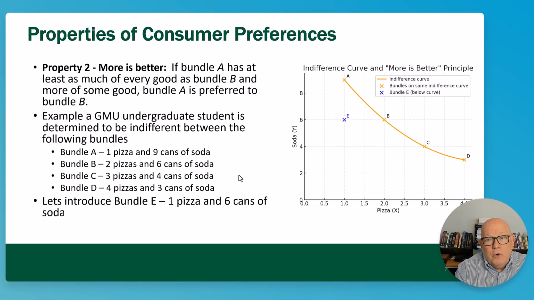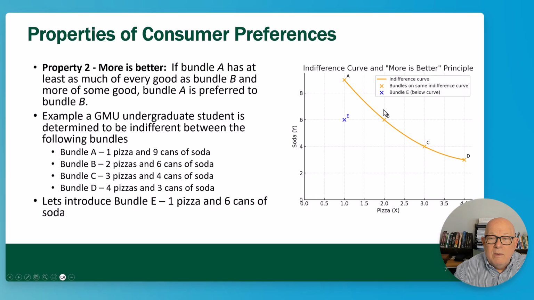We also assume that consumers prefer more than less. And so I'm giving you 4 possible bundles here initially, A, B, C, and D. So let's say this is an undergraduate student at George Mason, and they are able to express their preferences for 4 potential bundles from the local pizza shop for Friday night. Bundle A has 1 pizza and 9 cans of soda. Bundle B has 2 pizzas and 6 cans of soda. Bundle C has 3 pizzas and 4 cans of soda. Bundle D has 4 pizzas and 3 cans of soda, and we're assuming that they can afford all of these